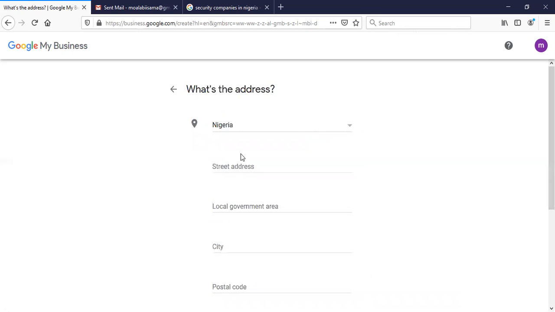So it's going to ask you for the address. So you put the address, Nigeria, the address. Local government is Ibadan.